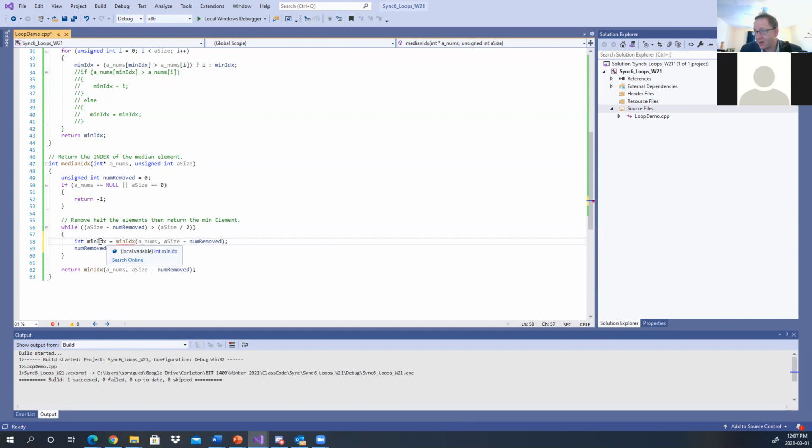No, that's not what I want. I'm going to get the smallest value. Then I'm going to swap it with the last element in my array. So it's a nums at